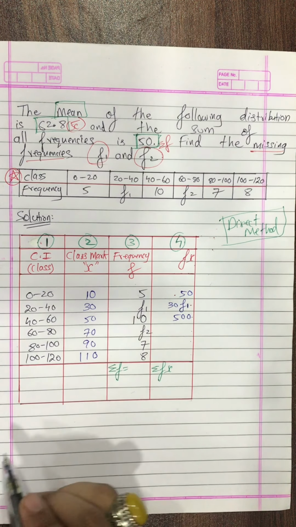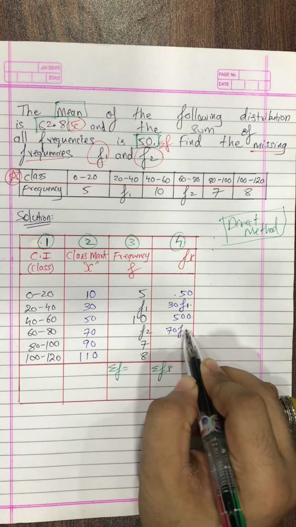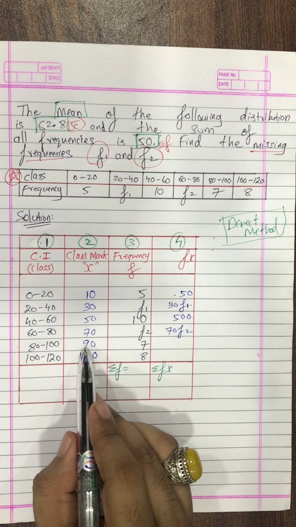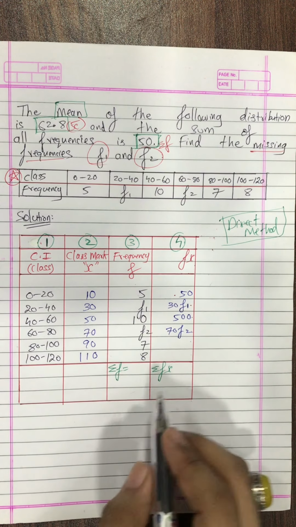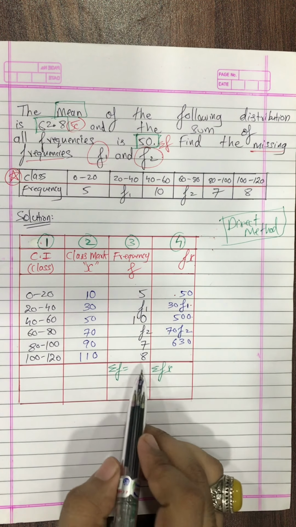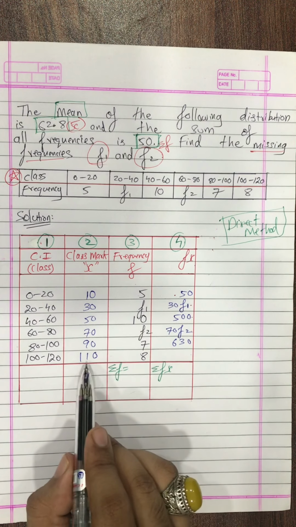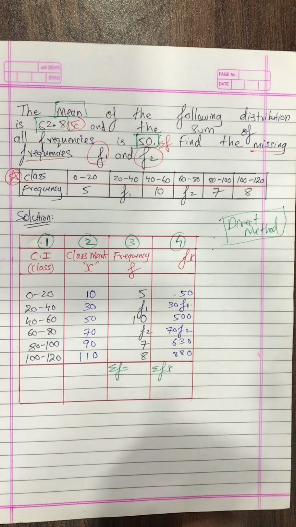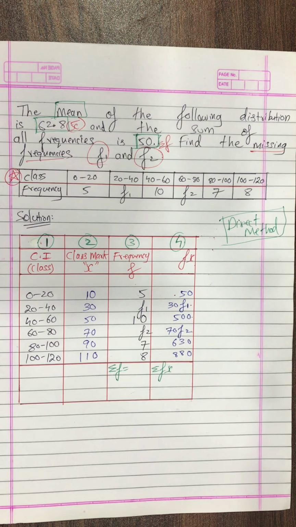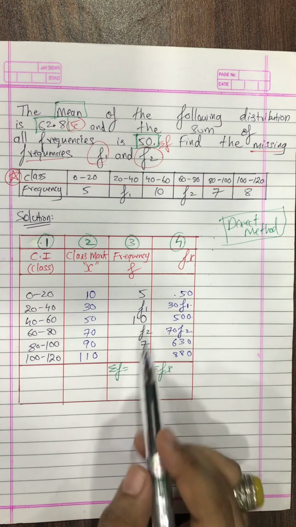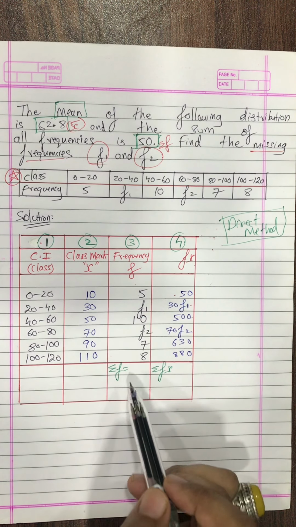F2 multiplied by 70 comes to be 70 F2. 7 multiplied by 9 is 63, and it's 90, so 630. Okay, now here 8 11s are 88, but it's one more 0, so 880. Okay, now pay attention. This is the first time we are doing this question. Now summation f. Summation f means what?